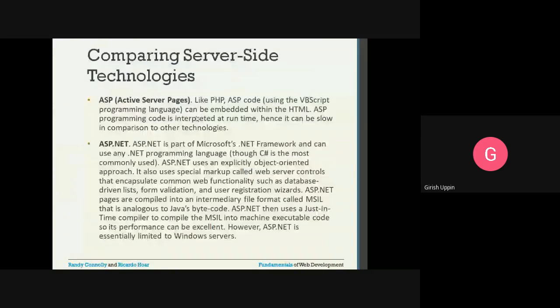Comparing server side technologies, there are many technologies on the server side. So this is a comparison here. ASP: prior to ASP.NET, ASP was the predominant Microsoft technology. After the introduction of .NET, most of the things moved to ASP.NET.